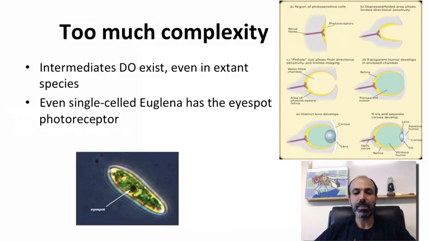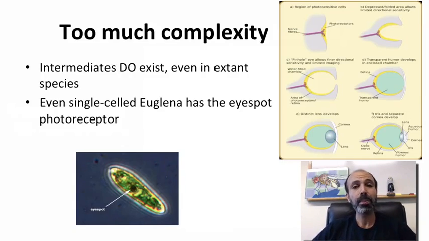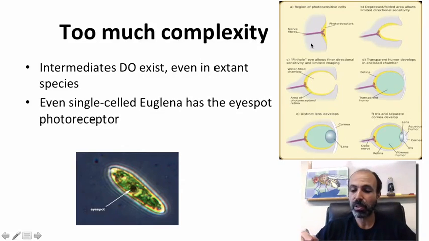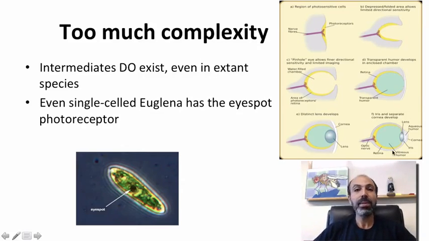Another criticism is this idea of too much complexity. You often hear people saying that we don't see intermediates to eyes. Well, in fact, even the single-celled organism here, the Euglena, has an eye spot photoreceptor. A simple photoreceptor is probably what was the first step into evolving what we see as the modern eye. The figure I show here on the slide depicts a series of events, starting with a simple photoreceptor with a nerve associated with it, up to the modern eye. This is very, very easy to conceive of as having happened. So this shows you how something as complex as the eye could evolve through these simple steps, not involving a half eye or anything ridiculous like that.